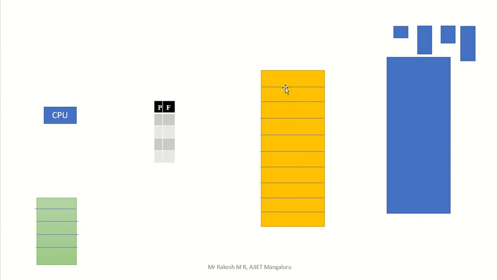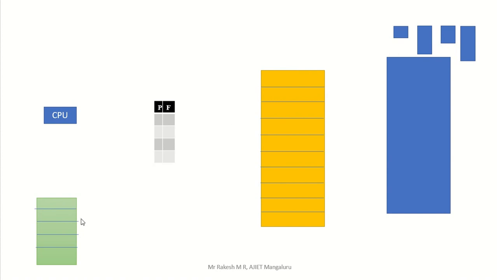So you have to divide your main memory also into blocks. Each block, part or partition of main memory is called a frame. Here we have a lot of frames. Depending on the size of the memory, we create a number of frames. But one condition in the paging concept is that the size of your page and the size of your frame should be the same.